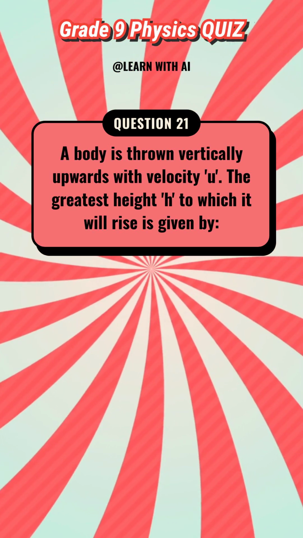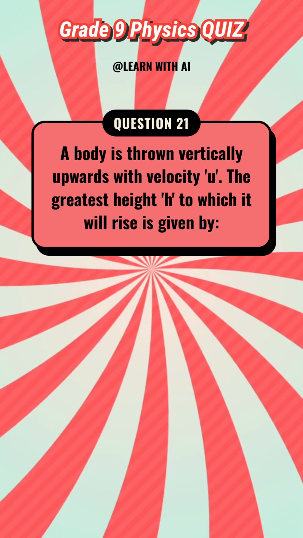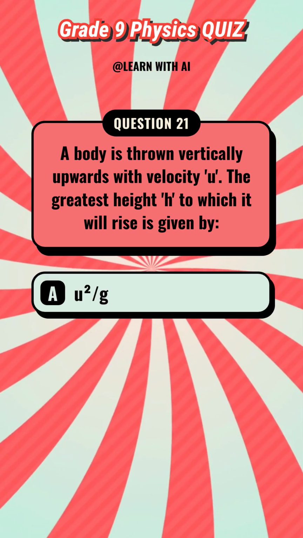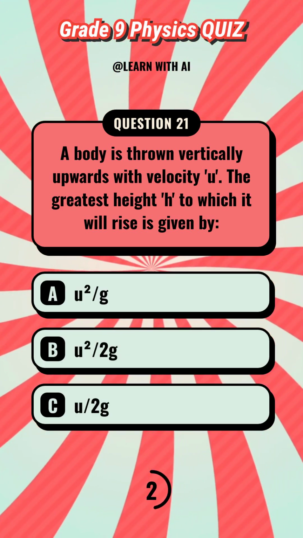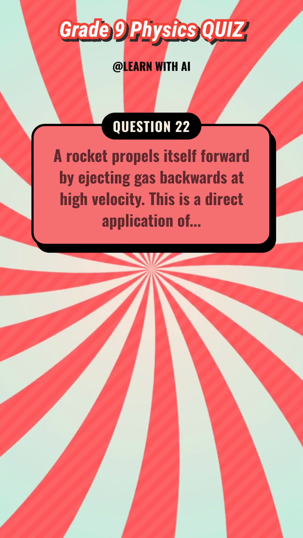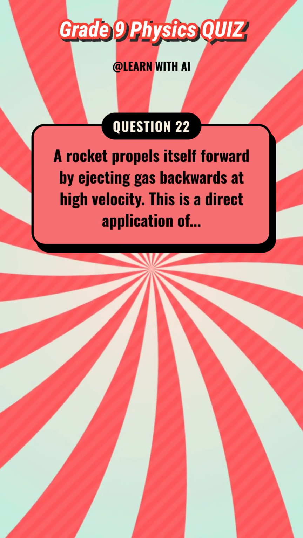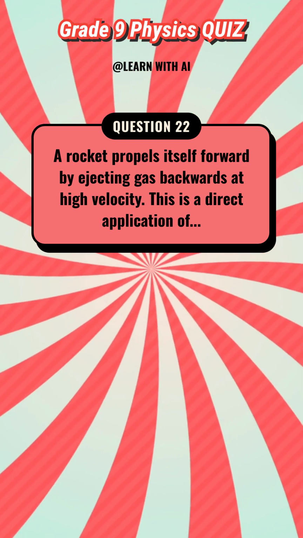A body is thrown vertically upwards with velocity u. The greatest height h to which it will rise is given by. A rocket propels itself forward by ejecting gas backwards at high velocity. This is a direct application of